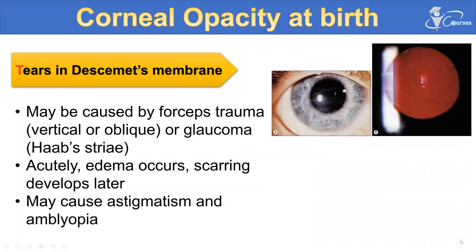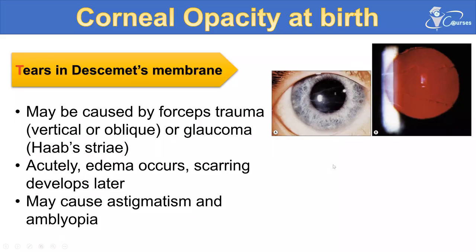T refers to the tears in the Descemet membrane. Tears in the Descemet membrane can be mechanical, due to forceps trauma. You know, in the past, in obstructed labor or in difficult vaginal delivery, obstetricians used some tools to mechanically grasp the child's head and bring it out of the birth canal. One of these tools is what's called the forceps. It was thought that the lips of this forceps, when grasping the child's head, will be over his orbit, and this will cause